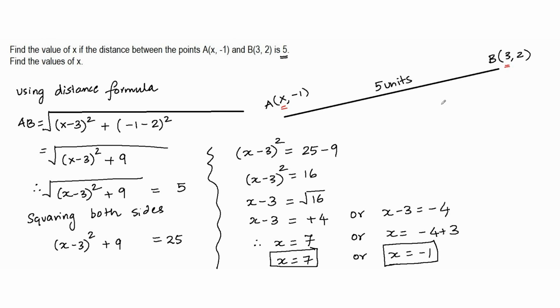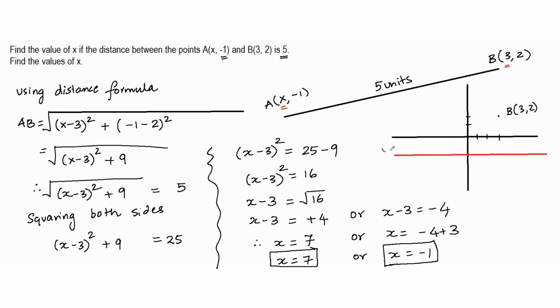So now I can very quickly show you how this is going to work on the graph paper. Okay, why are we getting these two answers? Let us quickly inspect. Assume that you have the point B of 3, 2. So that's 1, 2 and 3 and 1 and 2. So the point B is going to be here. It is given that the point A is (x, minus 1). That means the y coordinate of this point is negative 1, and therefore if I plot the line y equals minus 1, the point has to lie on this particular red line. That's because the y coordinate is negative 1.